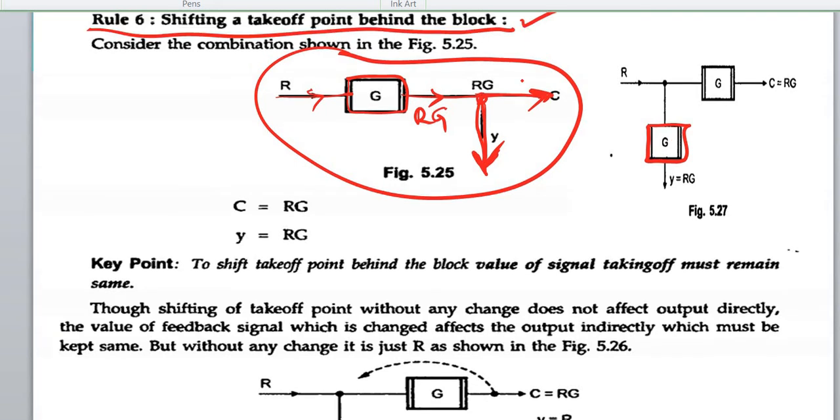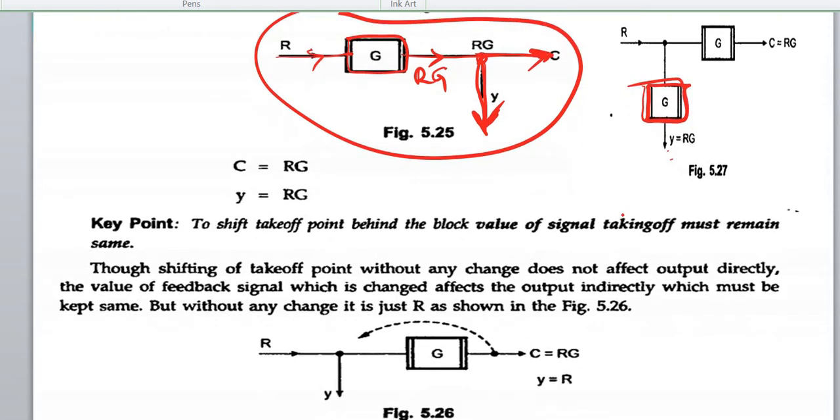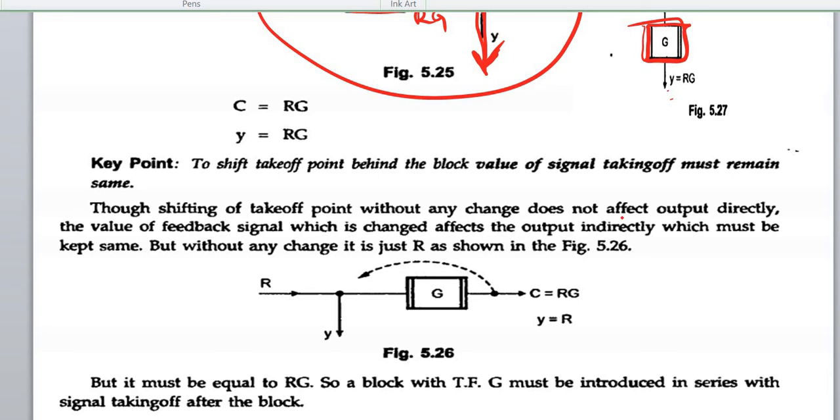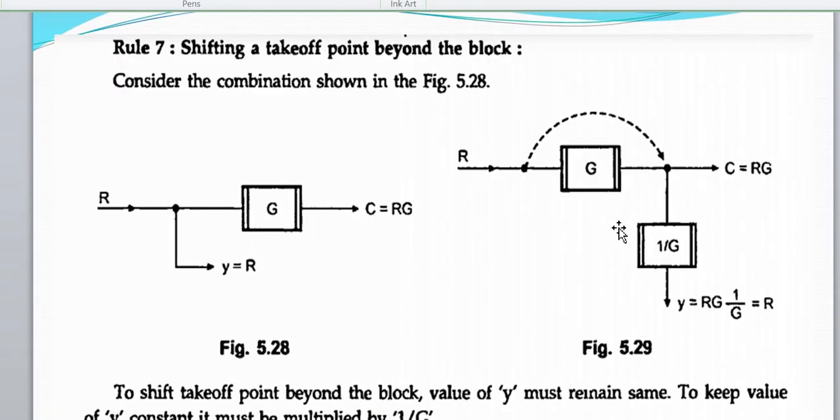To shift the takeoff point behind the block, add the block in series with the takeoff point in the same way, that is, multiply it so that the output doesn't get affected. That is rule number 6. Now moving to rule number 7, shifting takeoff point